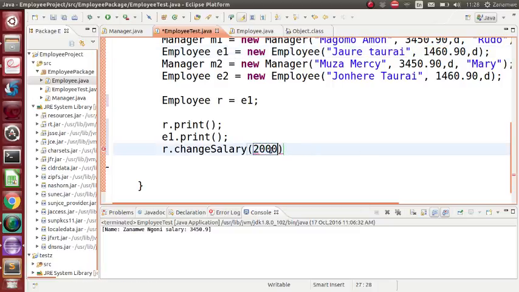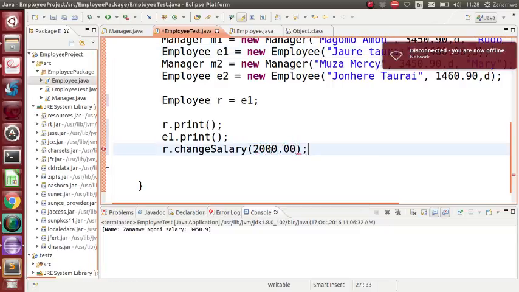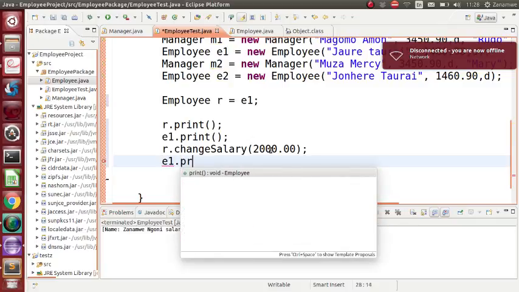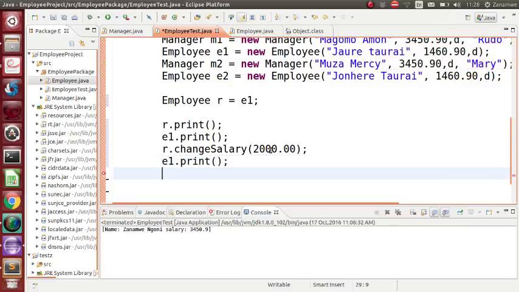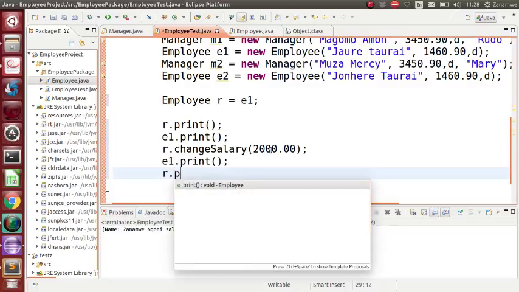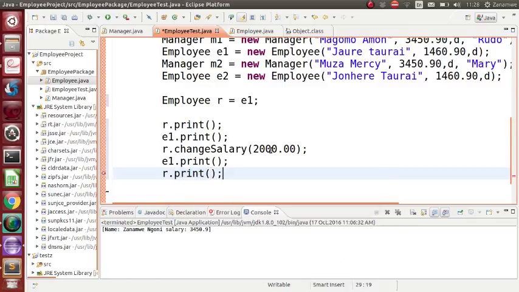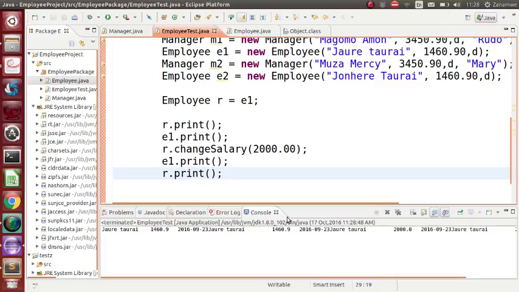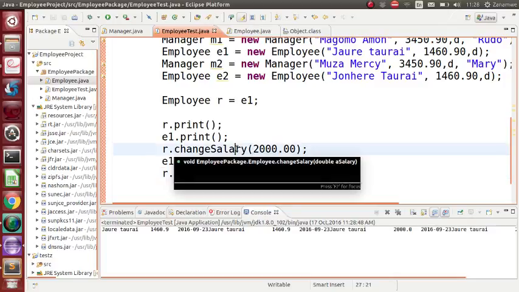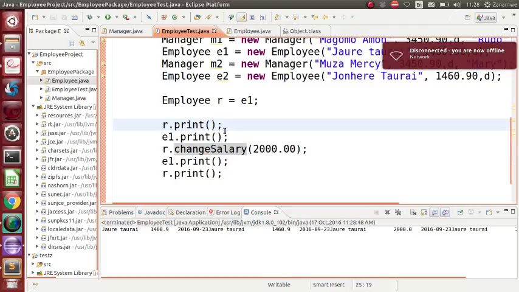I change that to 2000. Then I say E1 dot print, R dot print, like that. Then I run. Maybe I need to modify my method so that it prints a new line. But otherwise,